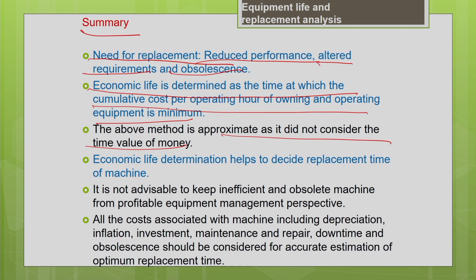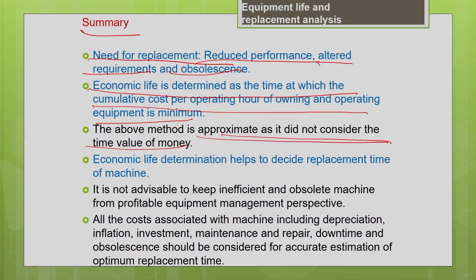As we discussed in earlier lectures, we should consider the timing of the cash flows and convert all the cash flows occurring at different time intervals into equivalent cash flows at a particular time period, and make a rational comparison. That only gives you an accurate estimate. We are going to do this method in the upcoming lecture. To get an accurate estimate, we have to consider the timing of the cash flows.